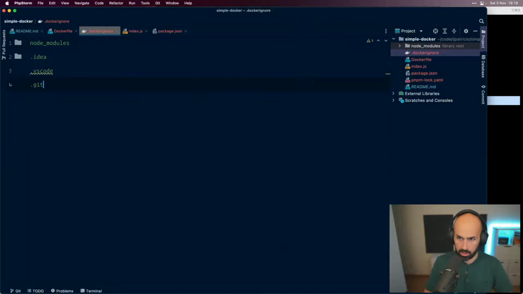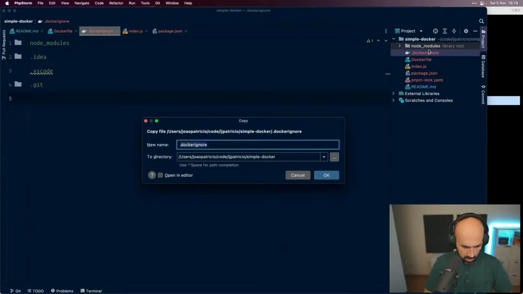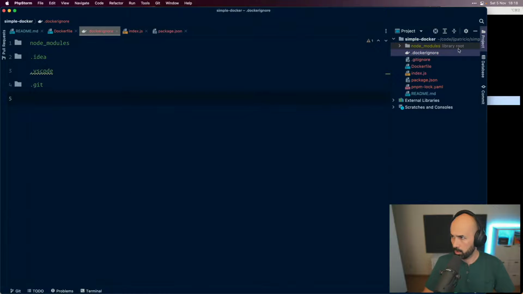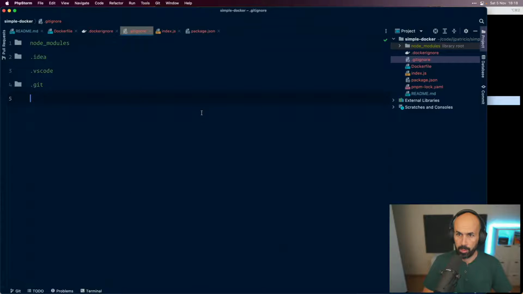Also .git is not going to be copied. And yeah, that's it for now. I will just make a copy of .gitignore. And I don't want either of these also.